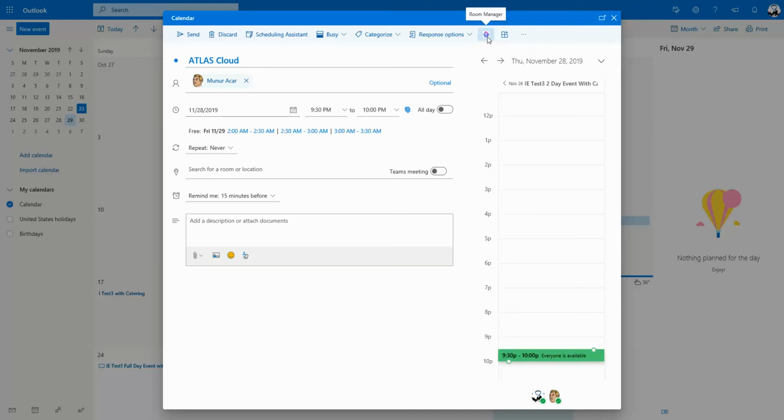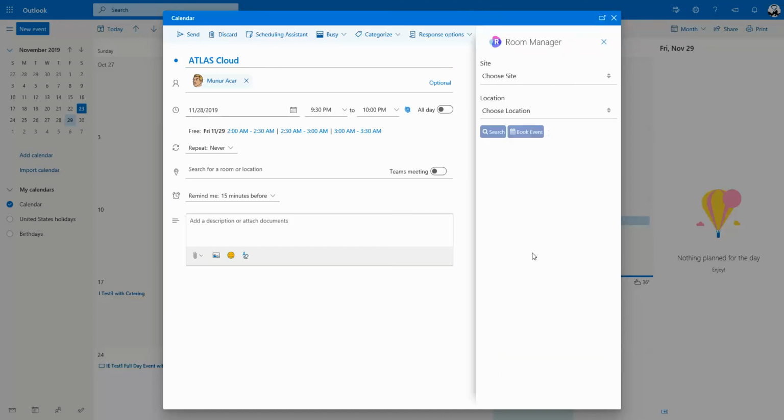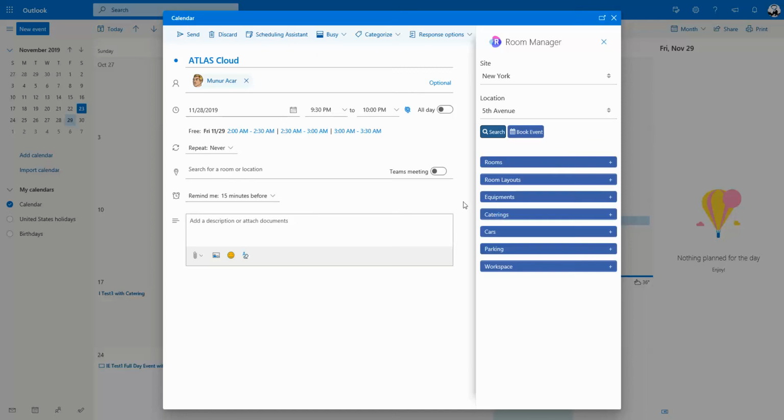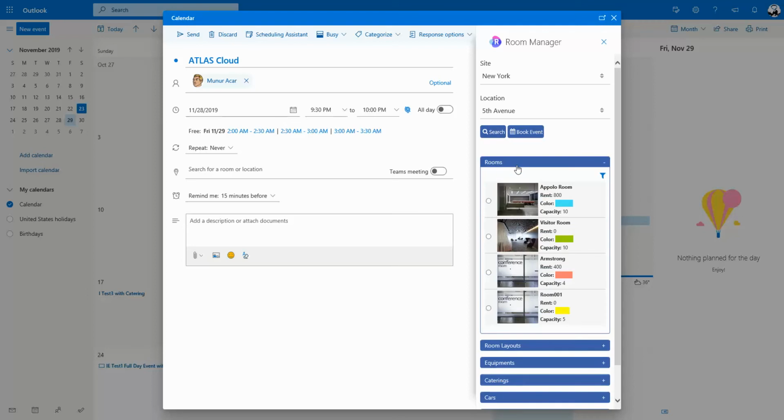Now when you click on that, it opens a task pane, and in the task pane you can select the site and the location where you would like to have the meeting. Let's say it's a meeting in New York. The locations linked to New York show up. Let's say it's Fifth Avenue, and I say search. Now for the given date, the time frame, I see all the available rooms,